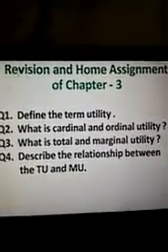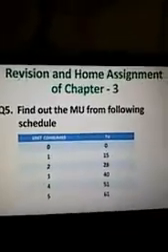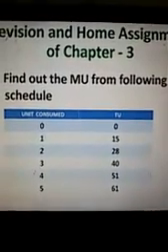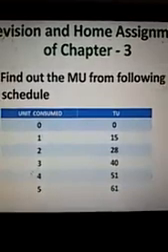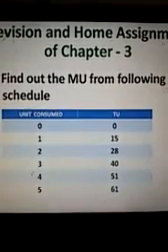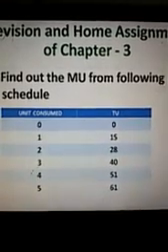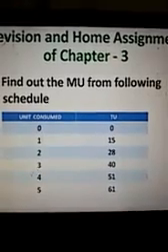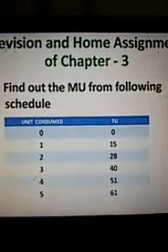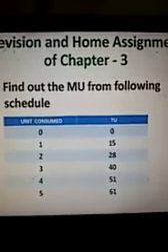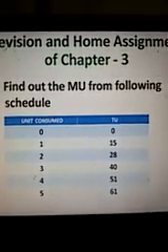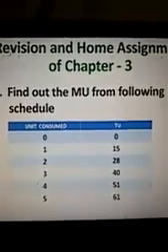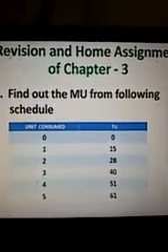My fifth question is, as you are seeing, I have prepared a schedule in which I have mentioned units consumed and total utility. By using this schedule, you have to find out the marginal utility. The units are starting from 0 to 5, and TU, as you are seeing on the screen, is 0, 15, 28, 40, 51 and 61. So in case of MU of 0 consumption, it will be nil. And you know the formula how to find the MU with the help of given TU.